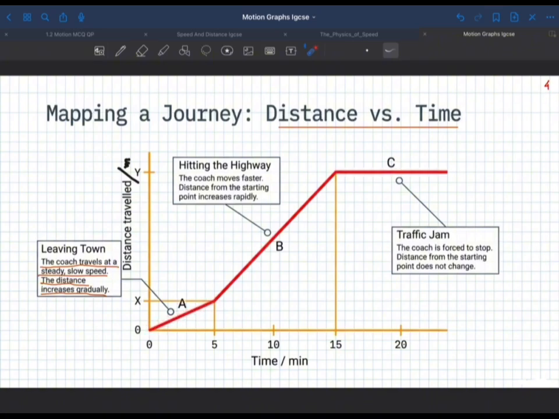So that's why you will say that the coach now moves faster. So the steeper graph, and you can say the body is moving faster. Then here you can see that throughout this region there is no change in the distance. Suppose you have a traffic jam, and what has happened over here, the coach is